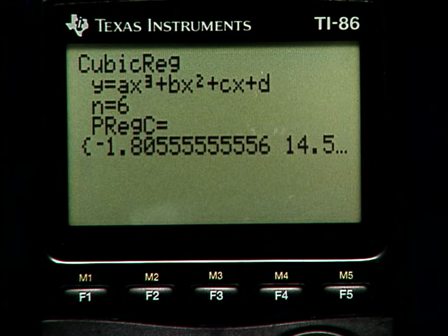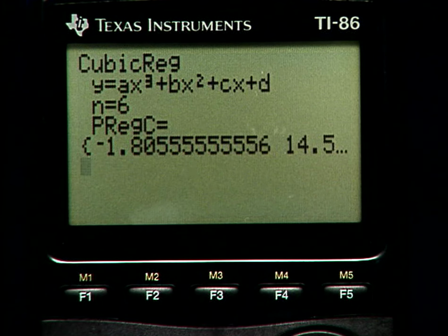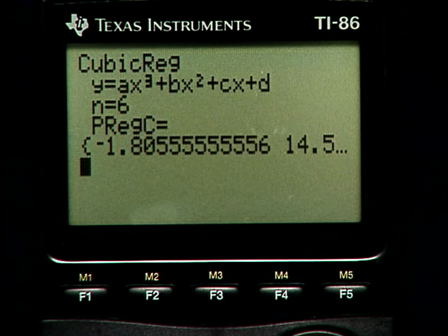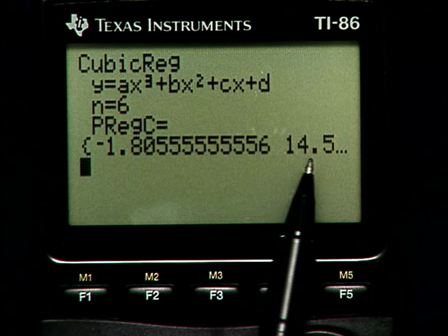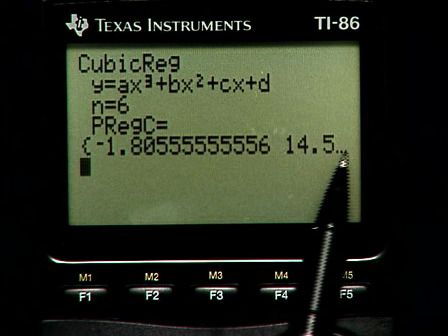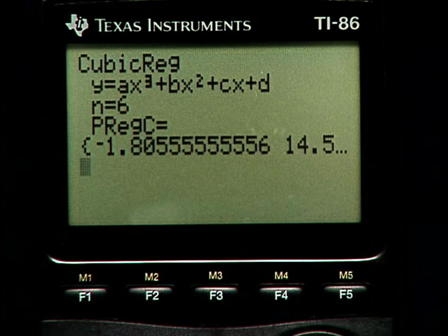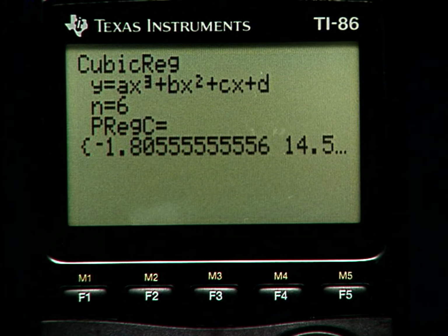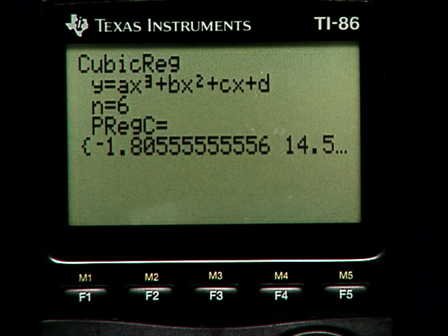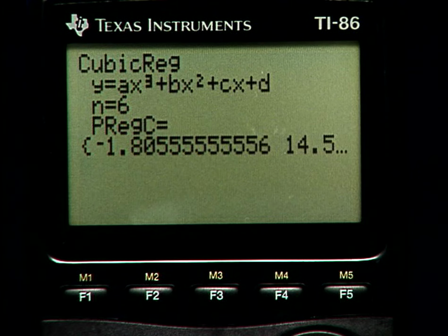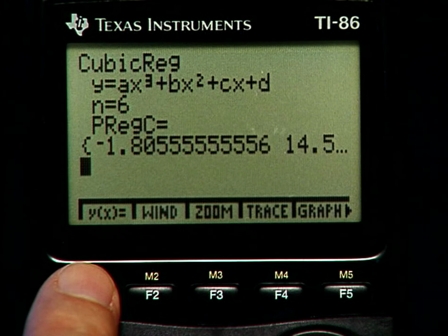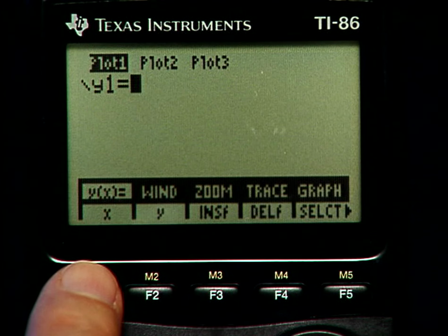And now it's showing up a little bit different than the way that it showed up on the TI-83, but the calculation has been made, and we're not clearly seeing the values for A, B, and C. Notice the dot, dot, dot here indicating that we can slide over on this particular window. But let's just jump into the equation format, because that's really what we would do here. We're not interested in the exact values for A, B, C, and D. We want to graph this cubic regression, this regression equation. So we do that by pressing graph, and then F1 for y(x) equals,